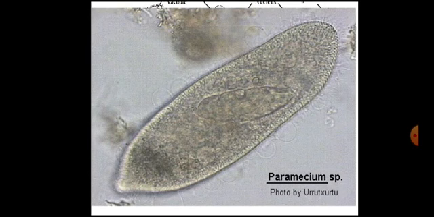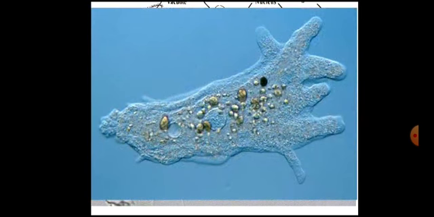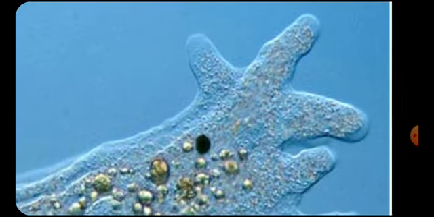This is the picture of paramecium. We can see at the center there is a nucleus. Outside of the cell membrane you can see very fine bright colored cilia. They are multiple in number. Pleomorphic shape means there is no definite shape. It is a characteristic of amoeba. You can see at the center there is a nucleus and several intracellular organelles, granules, storage particles present in the cytoplasm. We can see the extensions of the cell membrane which are called pseudopodia.